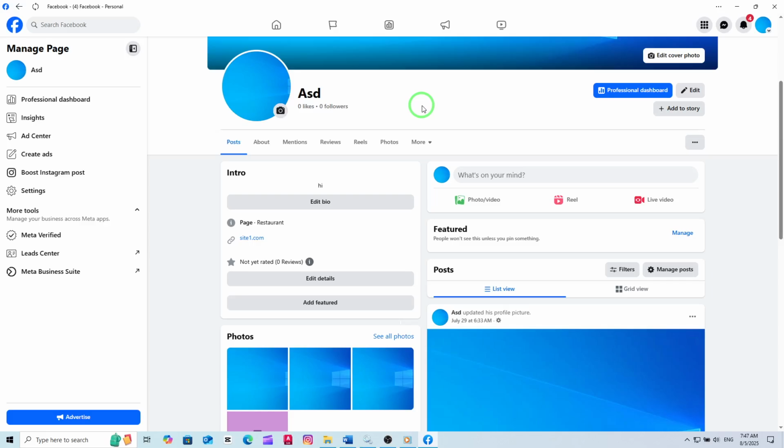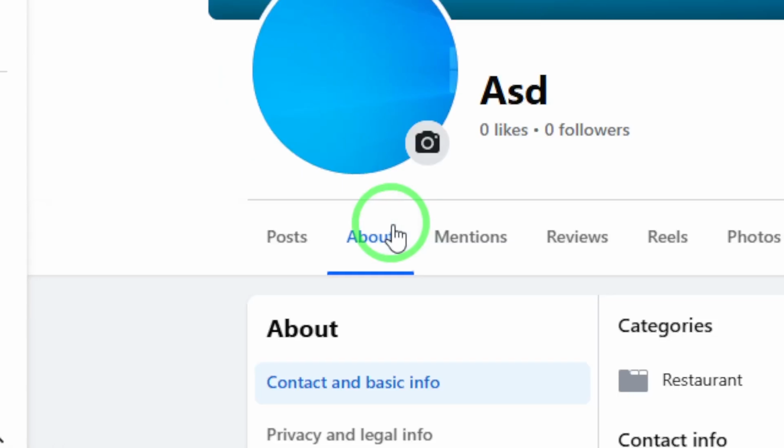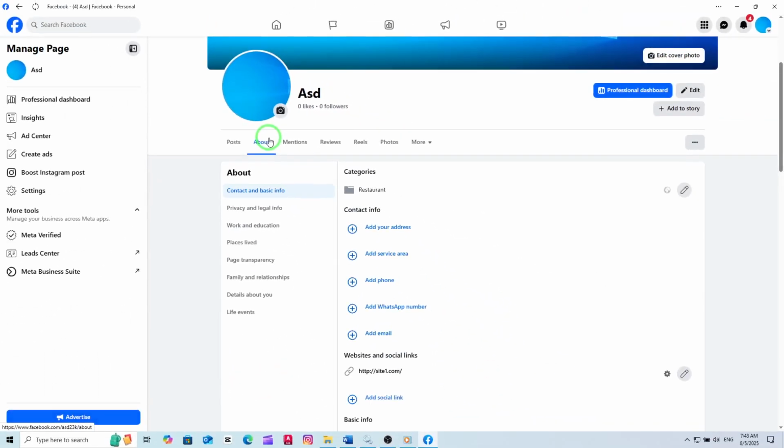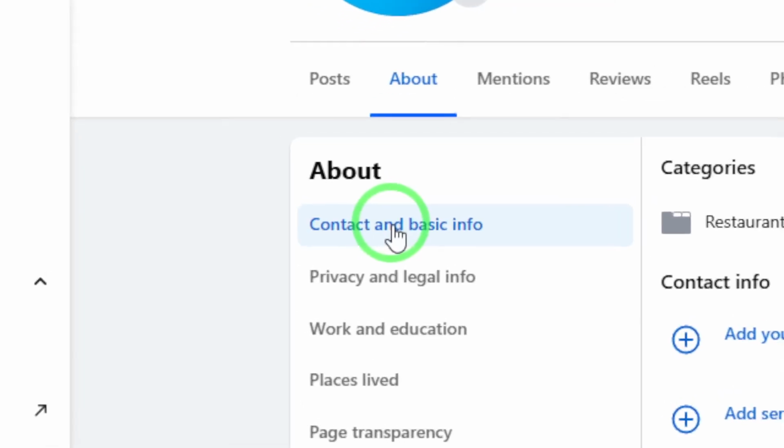When your page loads, look for the About section. This tab holds key information about your page, including categories, contact details, and other important data. After clicking on About, scroll down or look for the Contact and Basic Info section. This is where Facebook allows you to manage your page's primary details, including the categories that define your business or